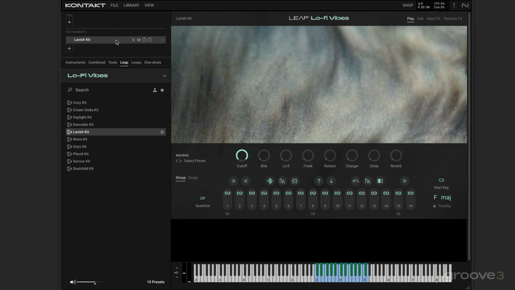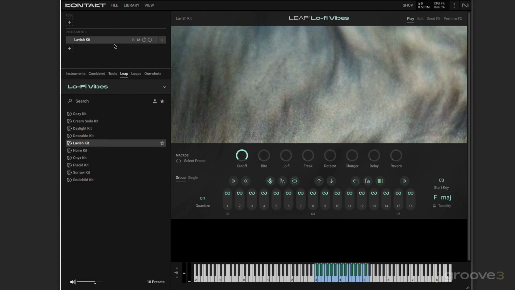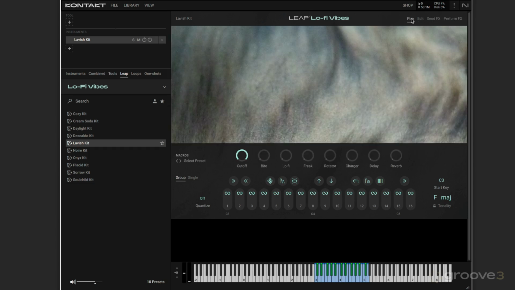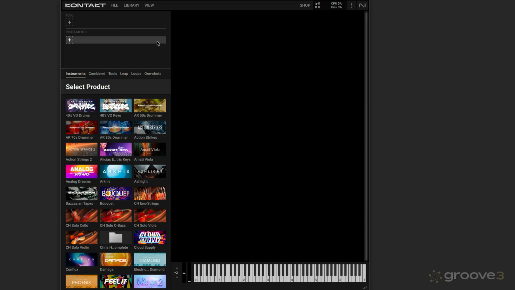And so on. And you can see up here that it's an instrument actually loaded in. And it's got a play page, an edit page, send effects, performance effects. We're going to explore it more in detail in another video. So I'm just going to get rid of this kit for a moment and look at some other ways of